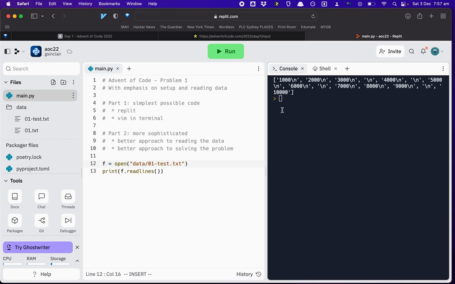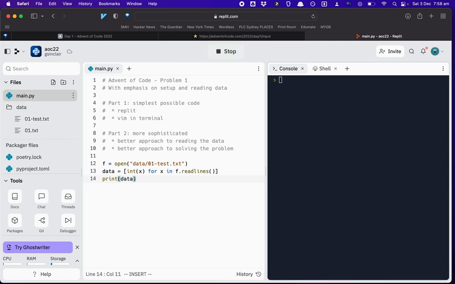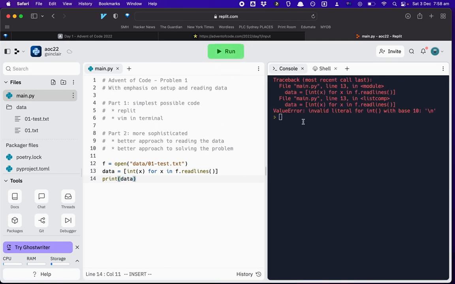And there you go, you can see we've got a list of lines. Now we want these to be integers, yeah? How about I try this, data equals int x for x in f.readlines. And I'm going to print data. Now this will have an error because it says invalid literal for int with base 10. So